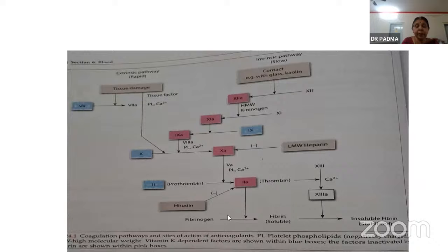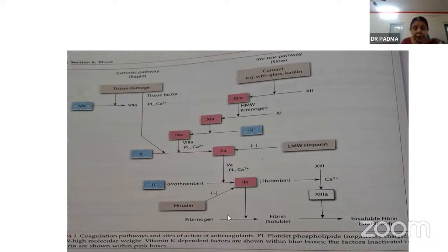So again, we will see just a glimpse of the coagulation pathways I told you about, the extrinsic and intrinsic pathways. In the extrinsic pathway, there is tissue damage and bleeding starts. Why does that start? Because all these factors are present in these conditions. And so now all the factors are converted to their activated forms, that is 7, 10, 2